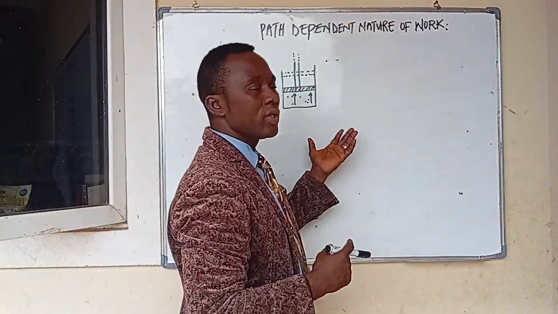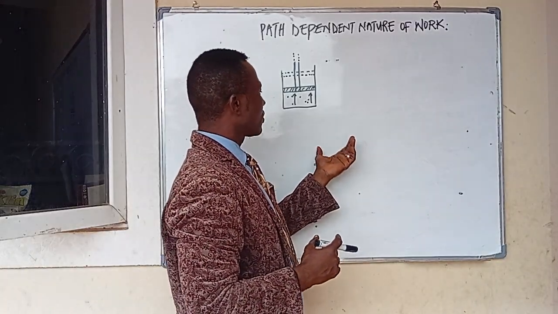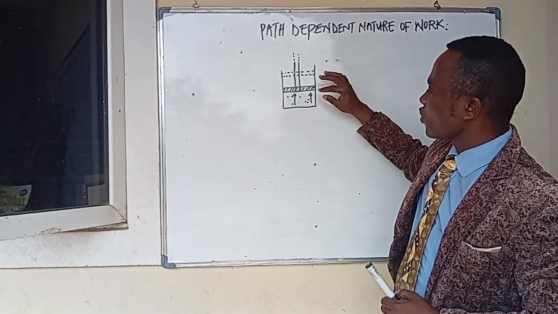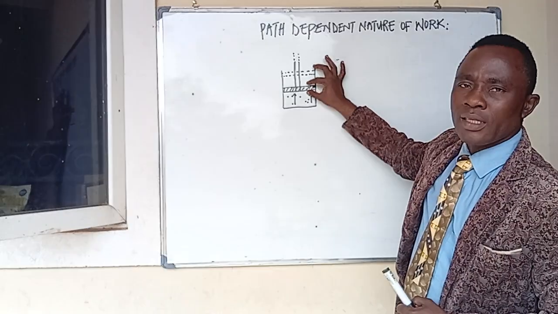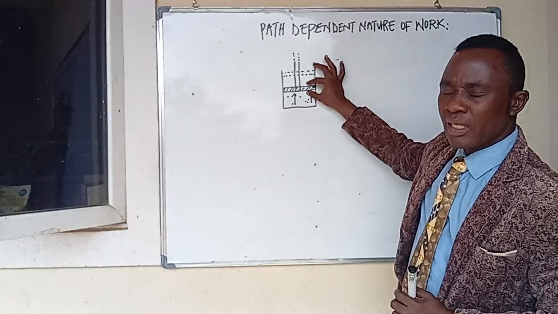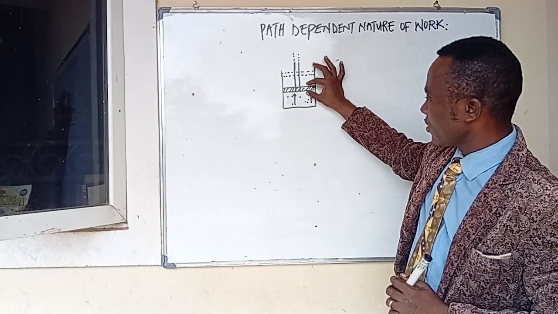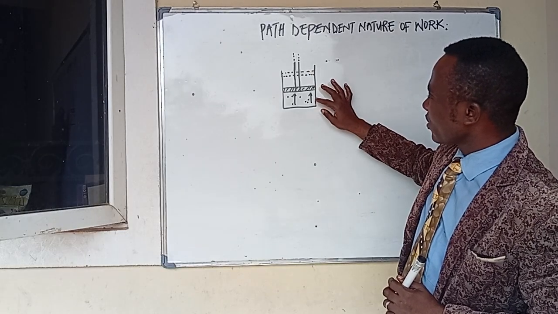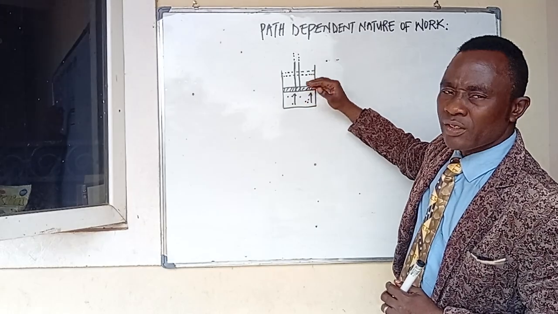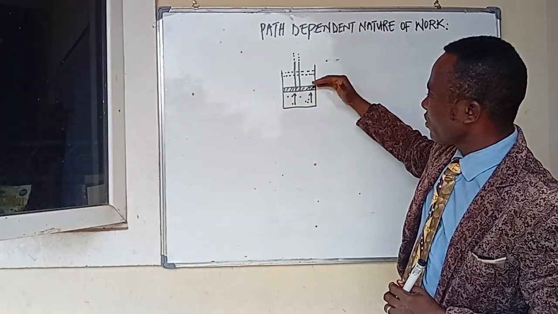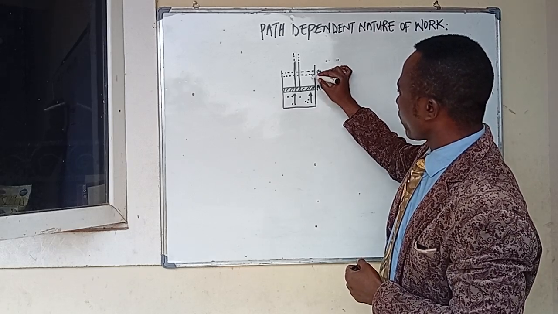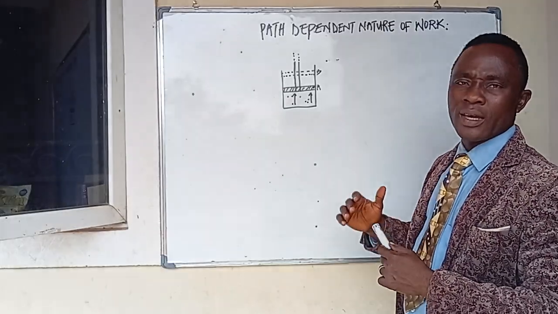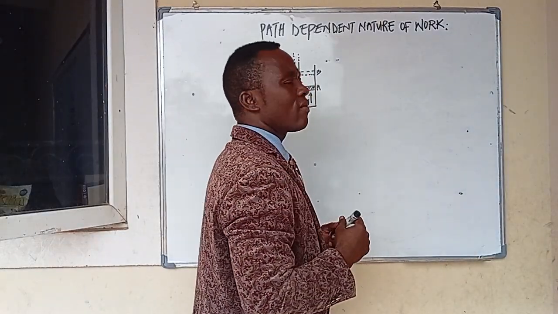Now, if we want to do this, we want to first of all say, for example, if we have a gas in a container and this gas begins to expand, this is the piston, initial position of the piston, and this piston is weightless and frictionless, and the gas here expands from here to here, you will see that the gas is expanding, so it is doing work when it expands from say point A to point B. Now, since the gas is doing work when it is expanding, we know that the value for work done